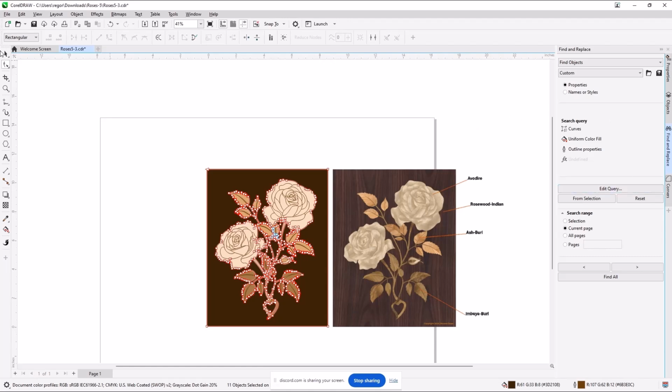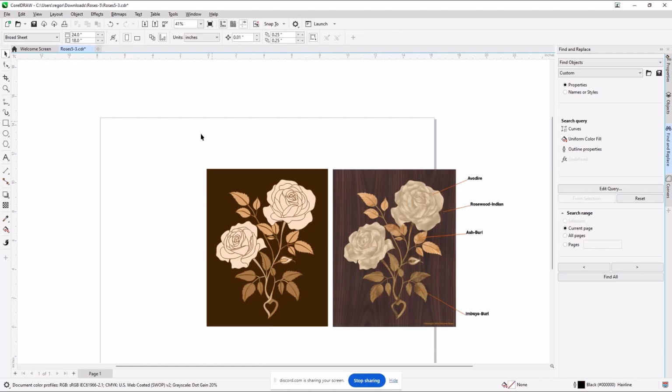Okay, well, let me get back here. If something is selected, you can click outside or hit the escape key and it stops being selected. Because I knew there were some inner pieces, maybe they're the right color, maybe they're not, I just selected one piece, and then under Find and Replace I used Find from Selection and it decides how many attributes it needs to form that query. Sorry, my computer is behaving poorly here.